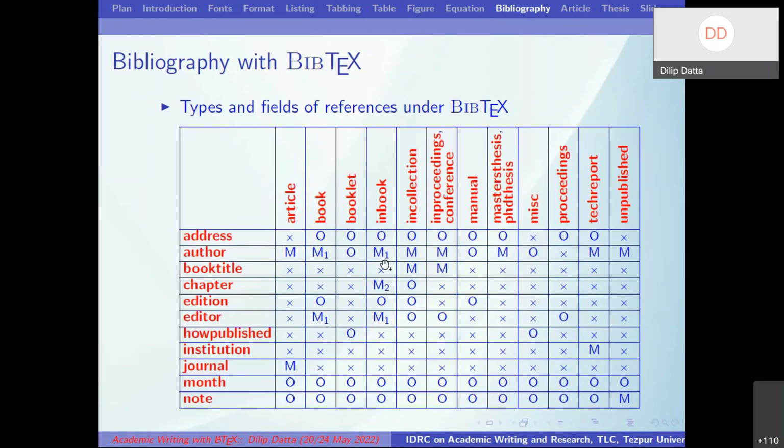In this way, here a list is shown for different types of publications, which are the fields that to be used in referring a particular document in our research papers or thesis. Next, we'll see how this can be produced automatically. Automatically means without any error. Generally, it happens if we go to prepare this